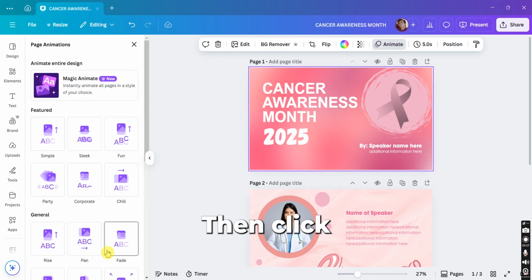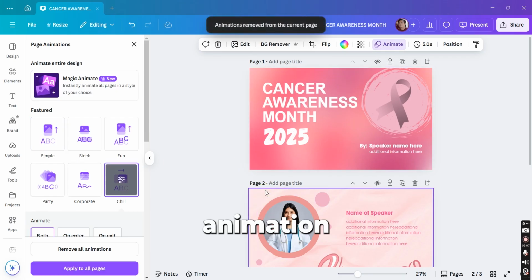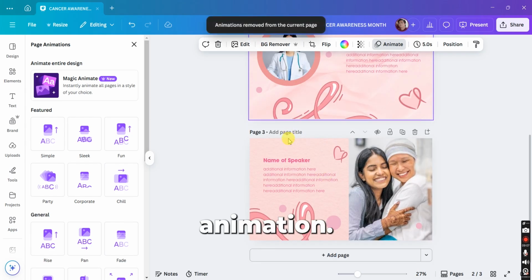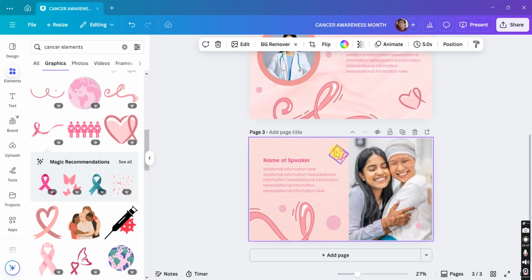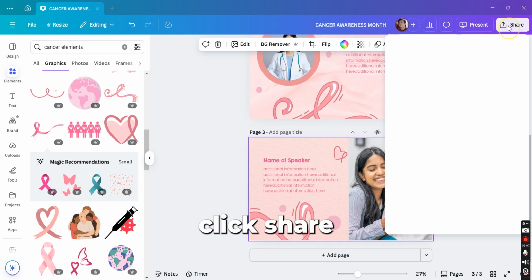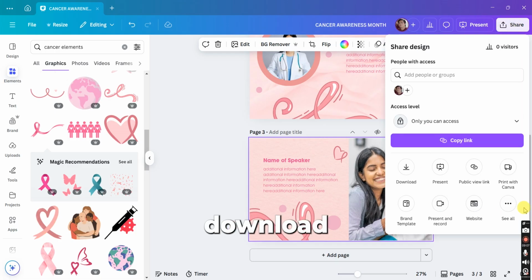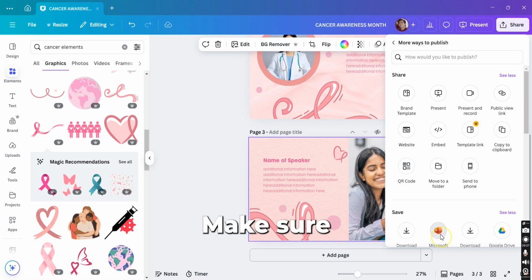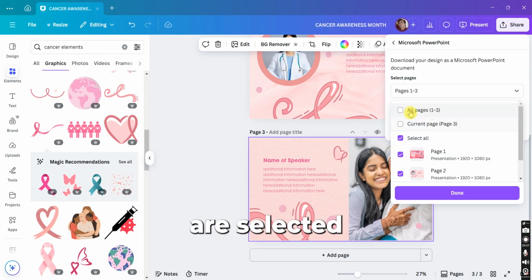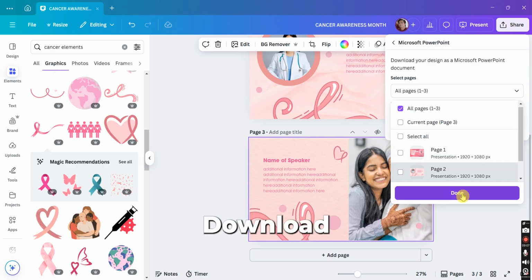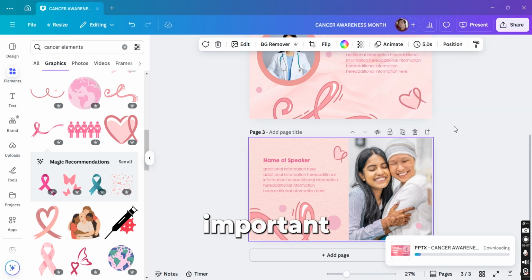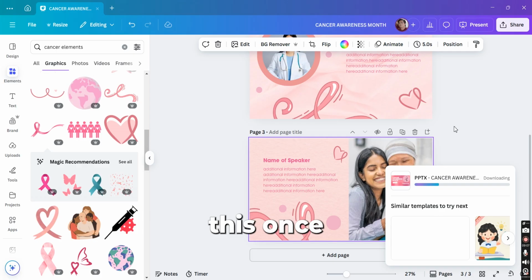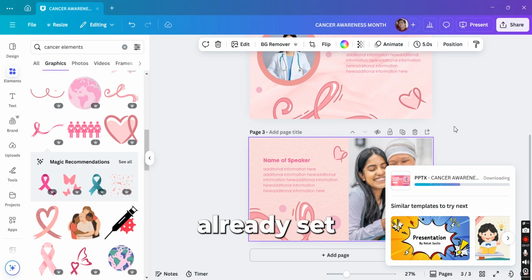Remove, can click that, remove all animation, and then remove all animation. So these three slides here no longer have animations. So click share, see all, and then download as PowerPoint. Make sure three pages are selected, or this one, doesn't matter. Download this. And then guys, the most important part of this, once you're already set and once you have this